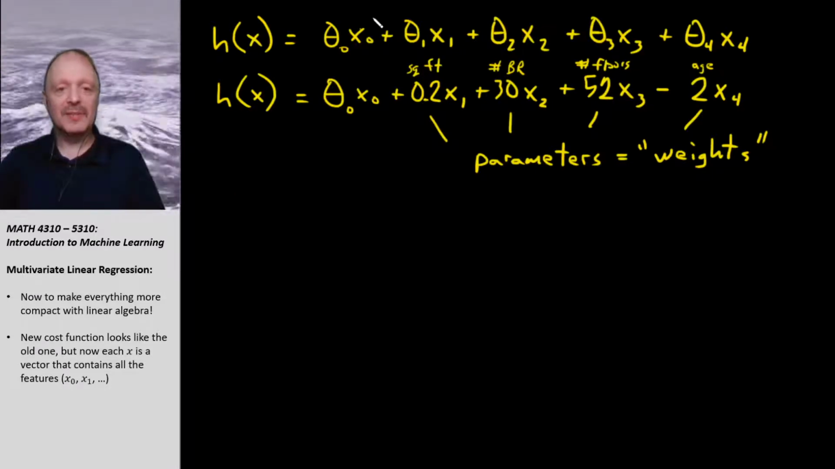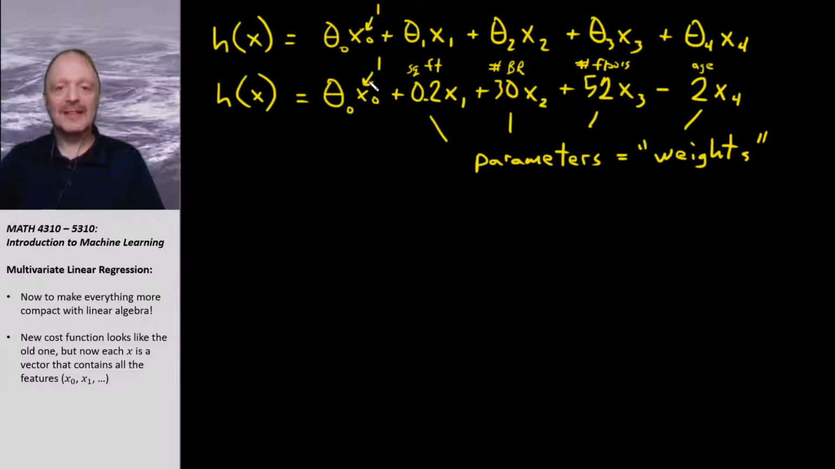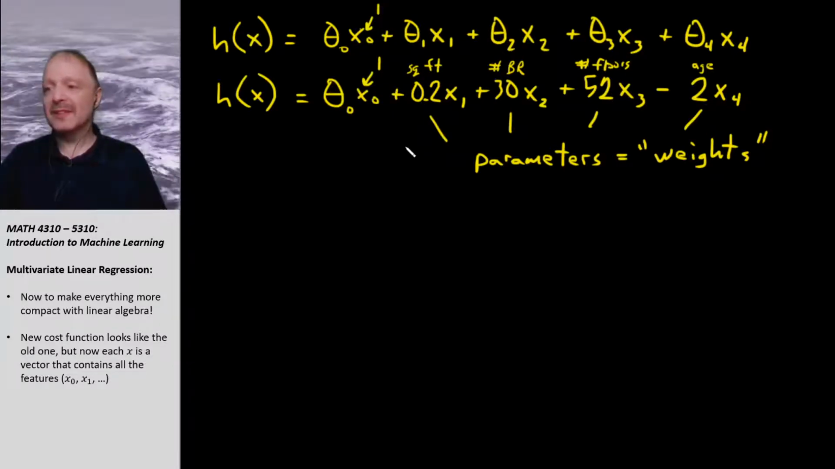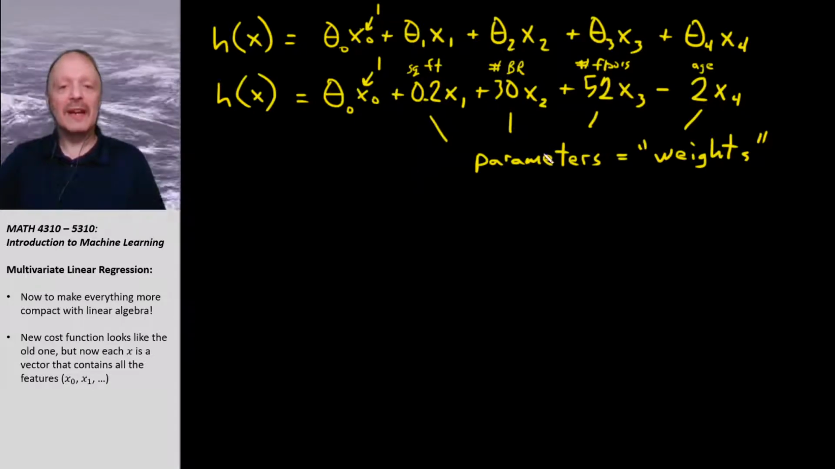I'll denote that up here. This is a 1. X of 0 is always going to be a 1 for us, okay? Now, the way that I can